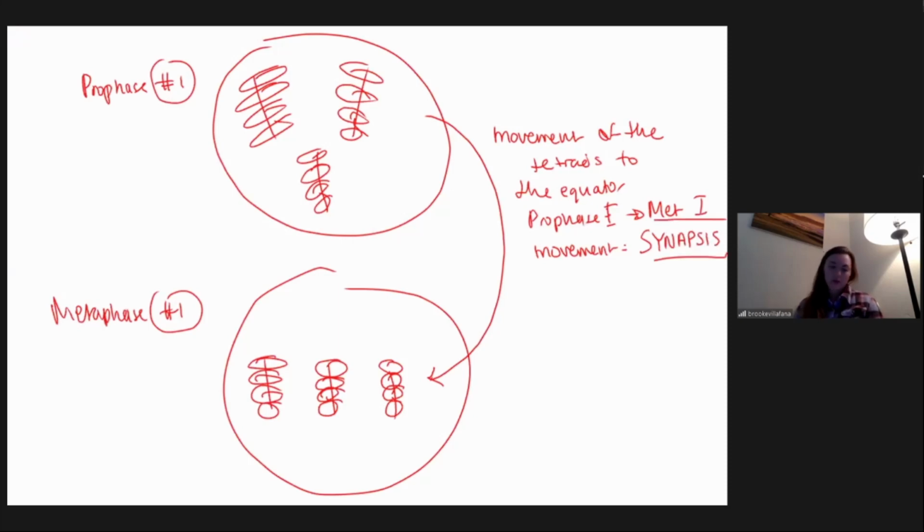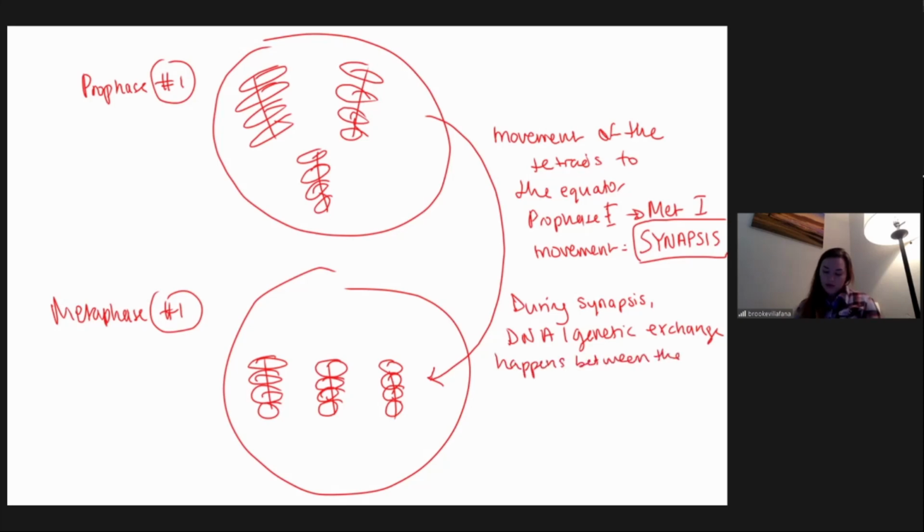Okay, so that's a term you need to know for your test, okay? During synapsis, DNA or genetic exchange happens between the tetrads. They're kind of like neighbors with each other, all these little tetrad neighbors, and we call that DNA exchange that they're doing chiasma or crossing over,